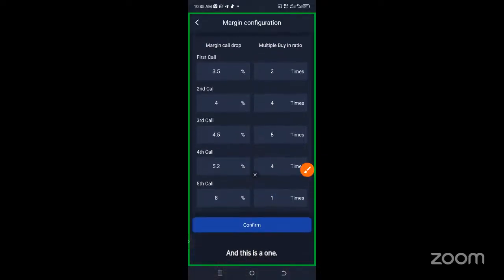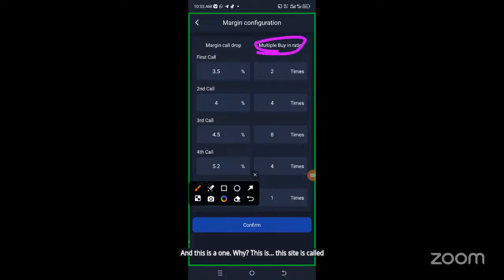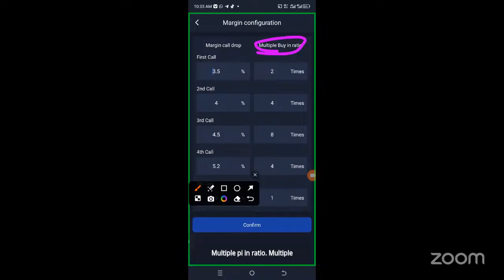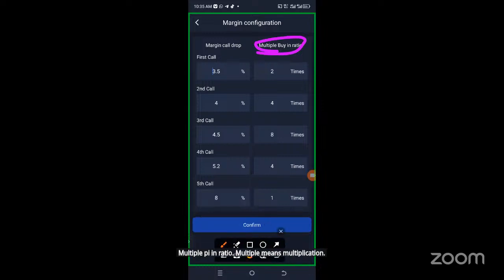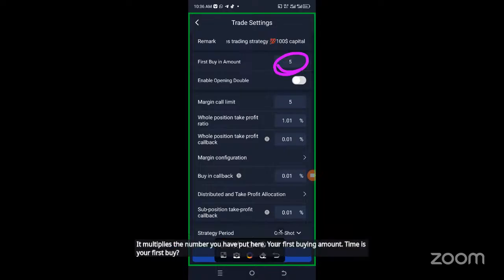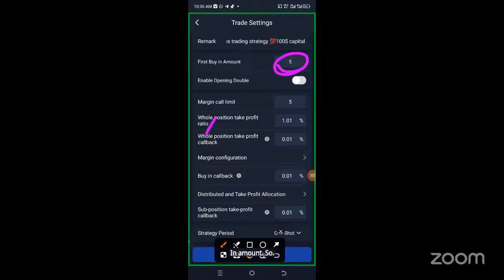Why? This side is called multiple buy-in ratio. Multiple means multiplication. The robot multiplies the number you have put here times your first buy-in amount. So if our first buy-in amount is